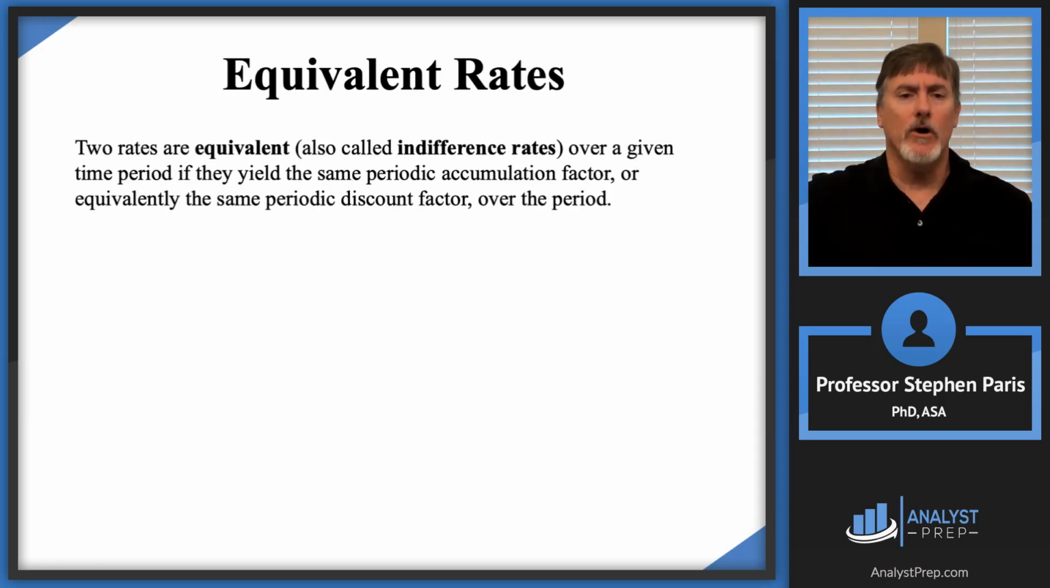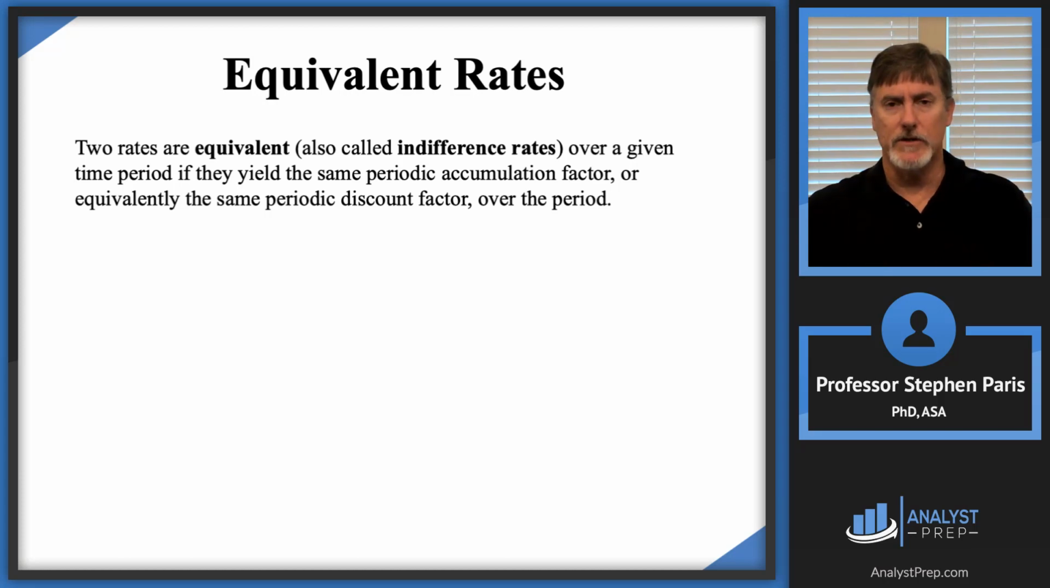Two rates are called equivalent. They're also known as indifference rates, and I'll come back to that at the end of the video. But they're called equivalent over a given time period. You have to be given a certain time period. If they yield the same periodic accumulation factor over that period,